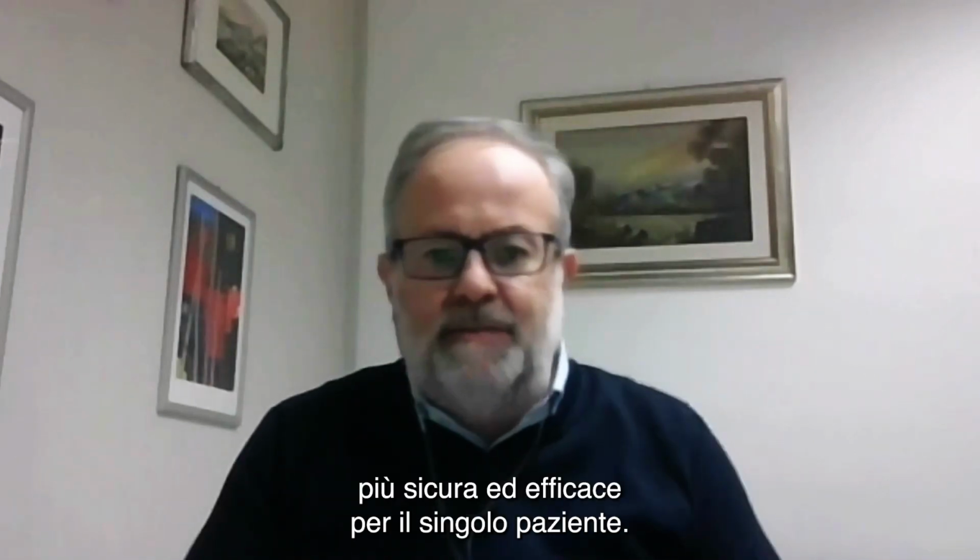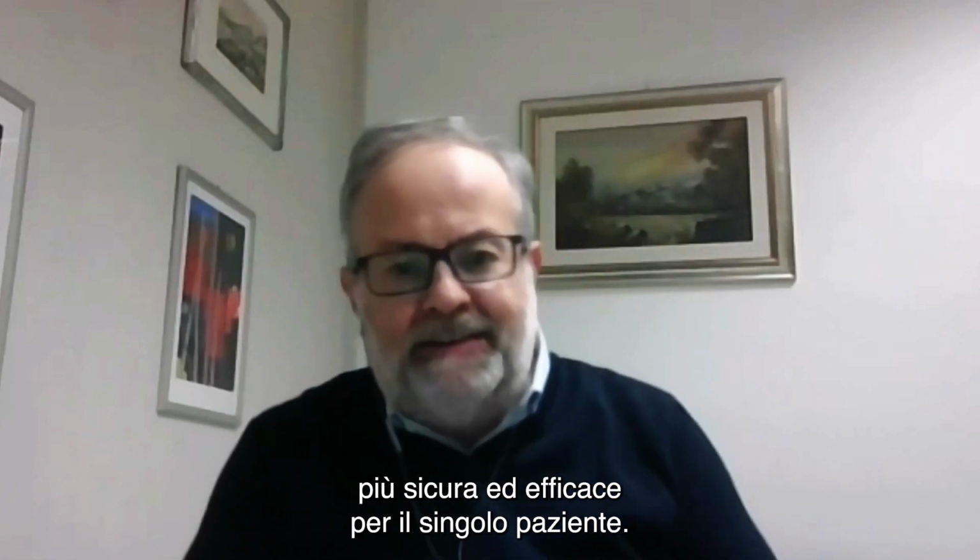It is true that sometimes the diagnosis, for instance, of a patient with incontinence is clear from the start of the history taking or the objective examination. But some details, for instance, the bladder capacity, the sensation of the bladder, the ability of the bladder to empty during the voiding phase, all these details can be studied only with a urodynamic test. And these details may be very important in deciding the strategy that is more safe and effective in the single